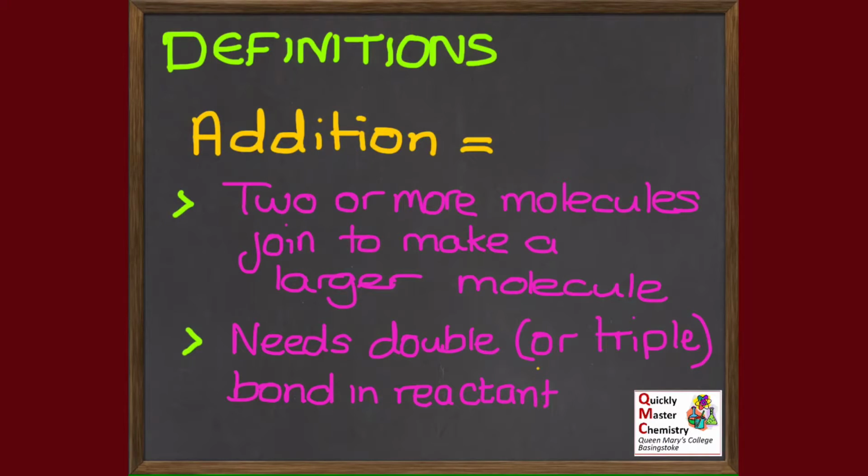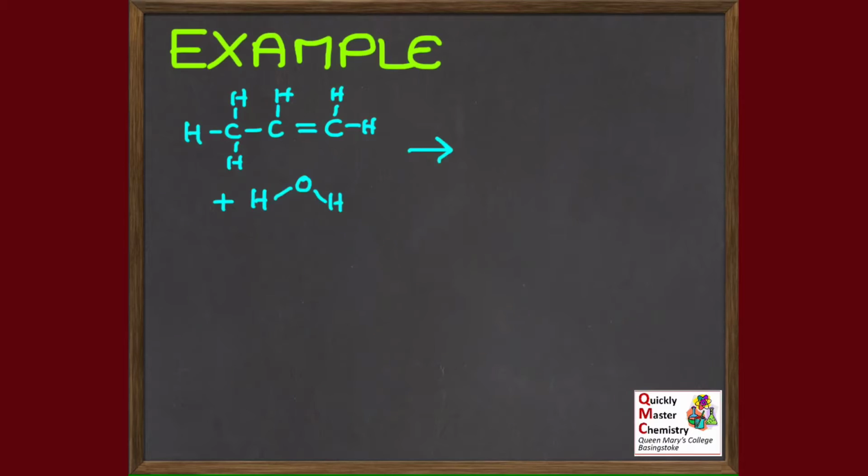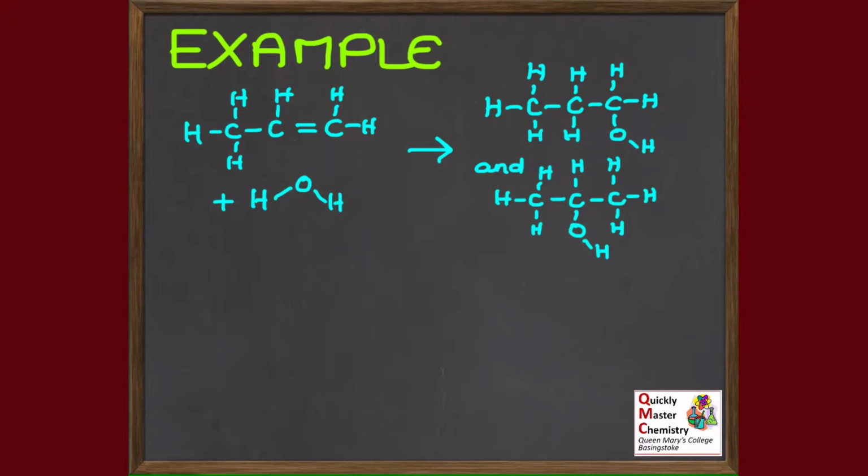That we don't come across triple bonds very much, and that allows new extra bonds to be made to the molecule, allowing other things to add on. To illustrate that, let's look at a couple of examples. So the organic molecule here has a carbon-carbon double bond, which allows an addition reaction to take place. So the water molecule can add on to the molecule in the form of an H at one end of the double bond and an OH at the other, which actually gives 2 possible products depending on which end the 2 bits